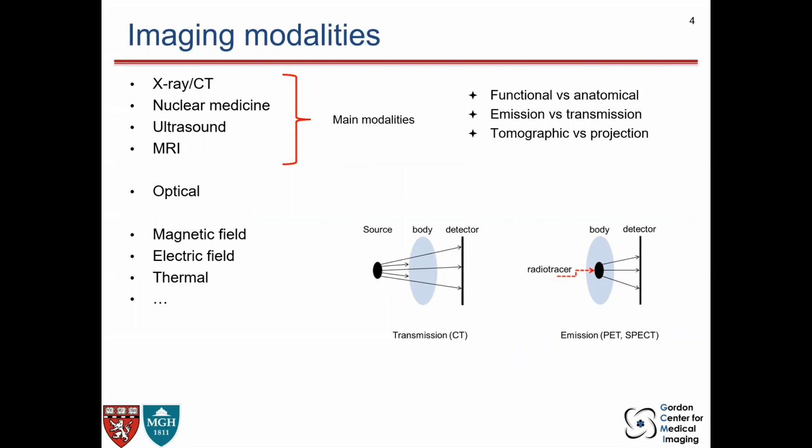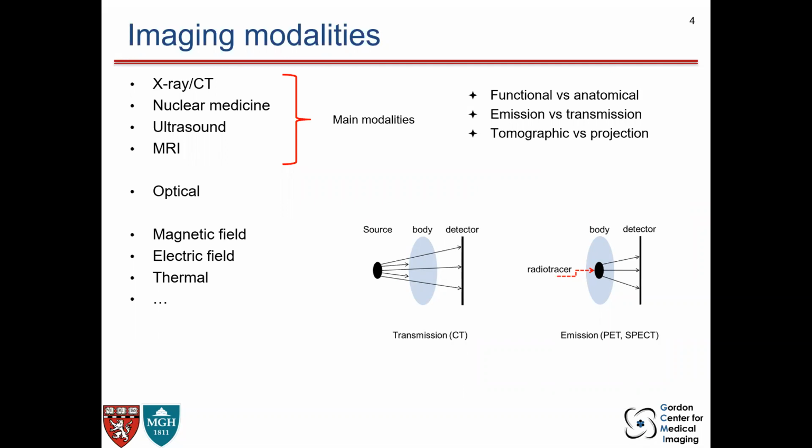Imaging modalities in hospital settings and medical centers have four main categories: X-ray and CT, nuclear medicine, ultrasound, and MRI, and these are the main modalities in any medical imaging center. We have transmission imaging, which is for X-ray and CT, where the radiation source is outside the human body and the detector is on the other side of the patient, and we get the images. On the other hand, in emission tomography,